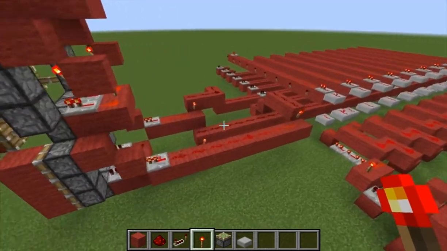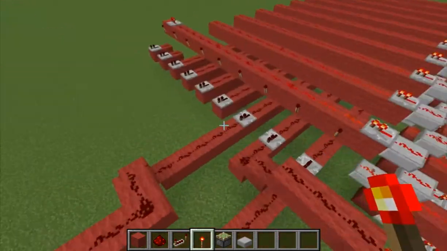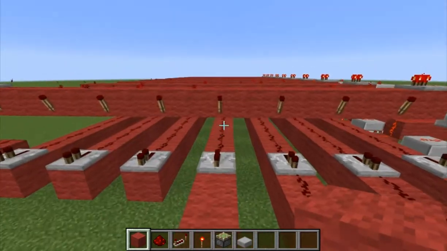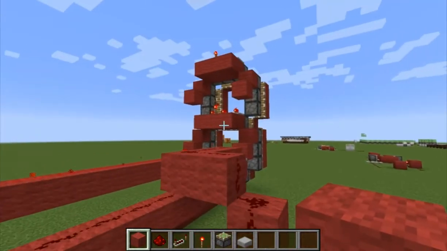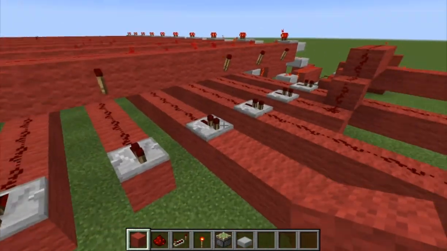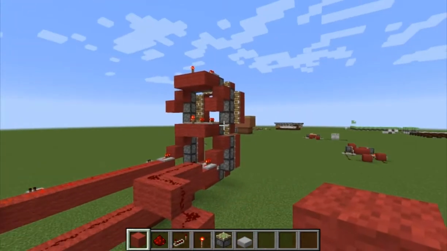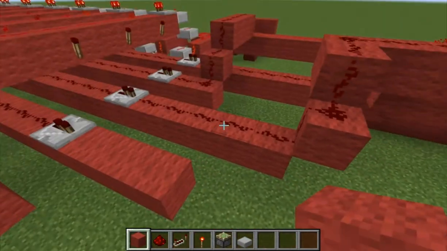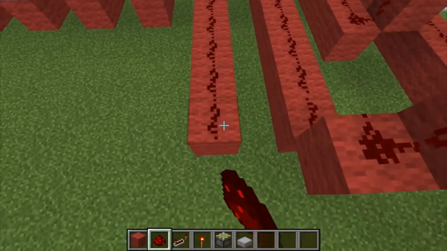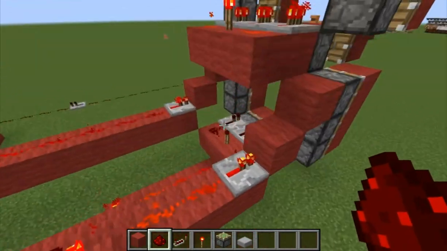Alright, so that's done. So now we can link all the other signals up. So this one's going to go to the middle one, and we don't need a torch here because 0 doesn't have a middle in it unless it's a diagonal, which we don't have in here. So just drag the signal over to here,